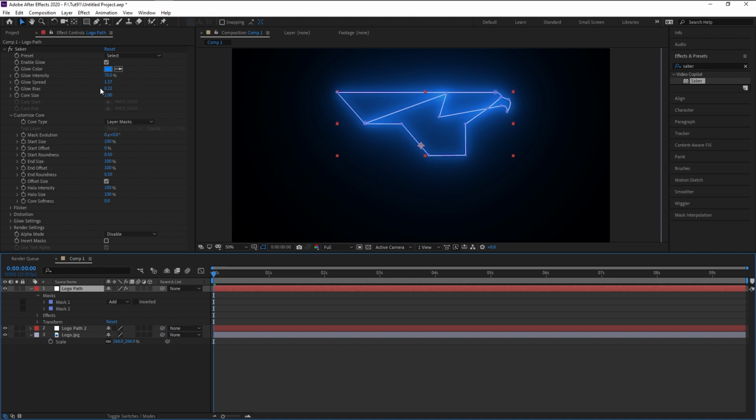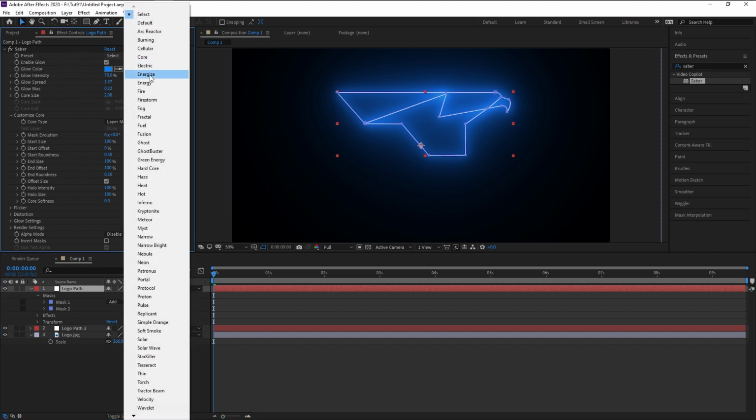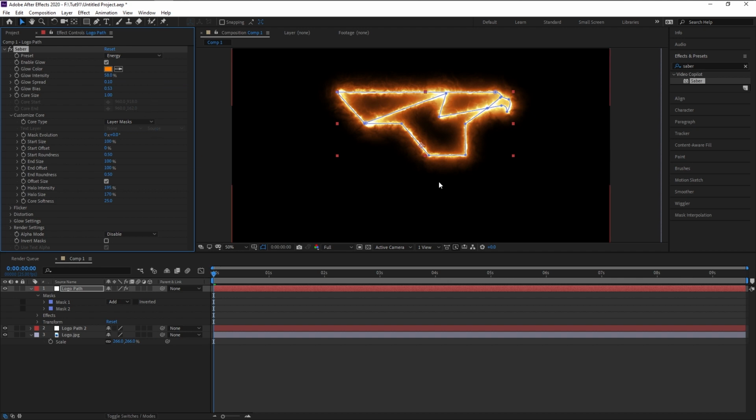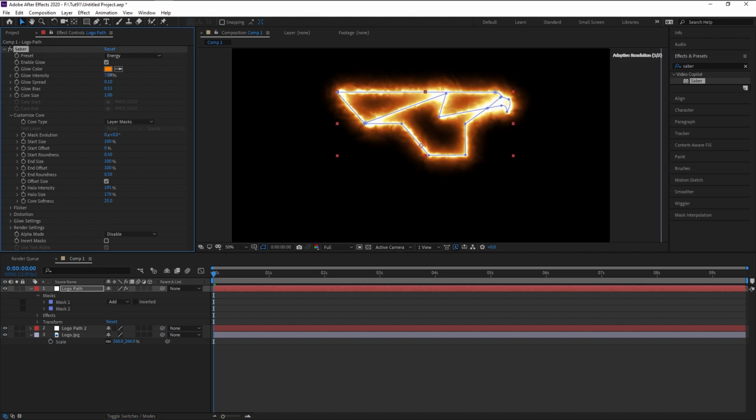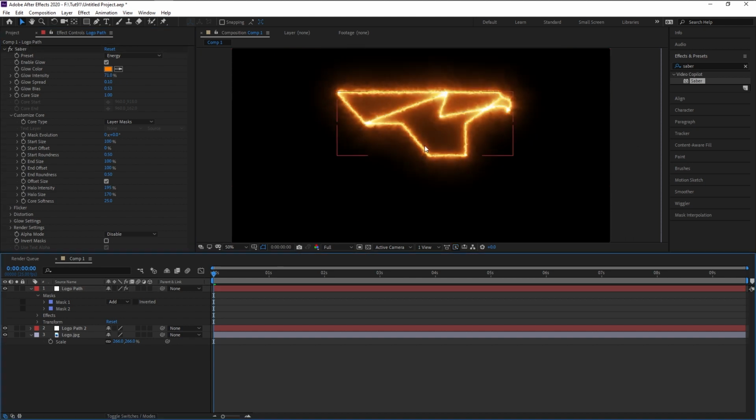Now we have to create that intense solar heat wave effect. It's super easy. Saber has an amazing collection of presets. Go to preset over here, click on the select and select energy. And that's it. We now created our energy effect. It's super amazing, but you can see the intensity is a little too big, so we will reduce it now. We will bring the intensity to 70 maybe. Now that looks good. Increase the glow spread. Now that looks amazing. And that's it. Just like that, we have created our amazing solar heat wave effect.